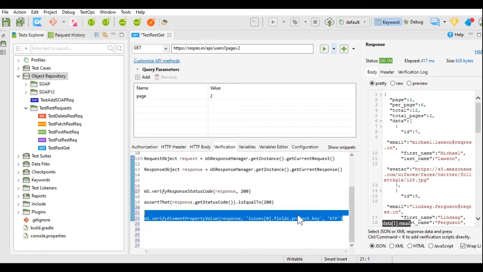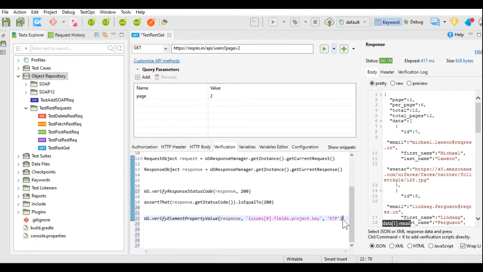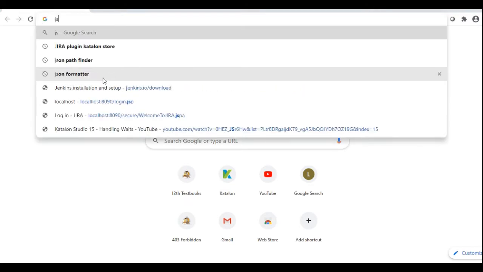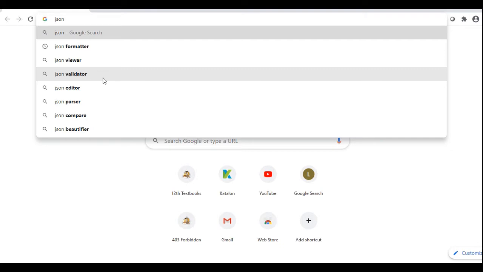Now let's see how to create our actual JSON path and use it over here for this verify element property value keyword. For that, you will get a JSON Pathfinder tool. So we will go to Google Chrome and we will search for JSON Pathfinder.